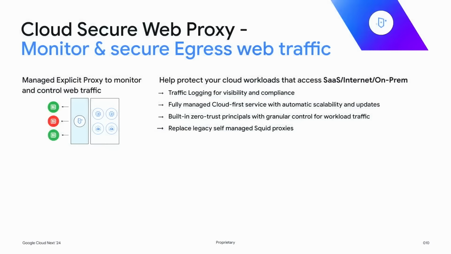I'd like to start off with Cloud Secure Web Proxy first. So this is, like I said, mainly to make sure that any communication from your workloads on an egress path is only going to known and authorized destinations. Additional benefits also include that it's a fully managed service, so you don't have to deal with setting up VMs, scaling VMs, or anything like that. You also don't have to worry about managing things like squid proxies. All of those can be completely replaced with the solution.